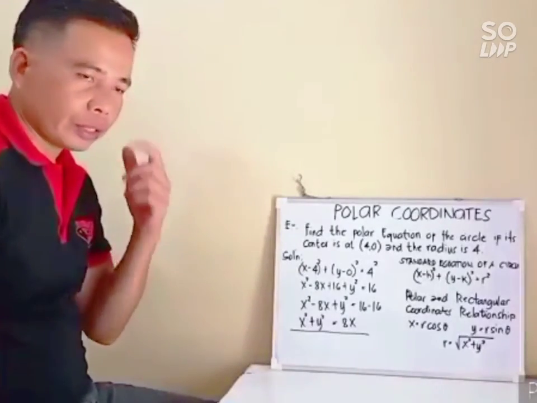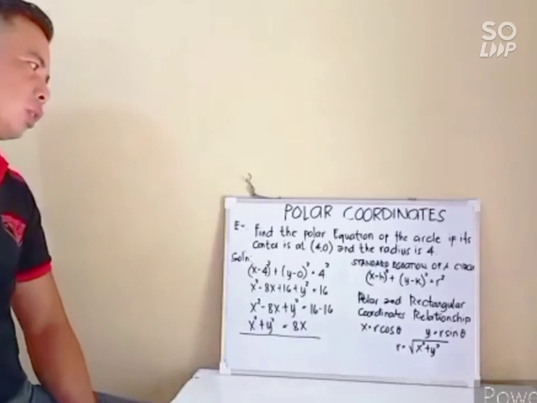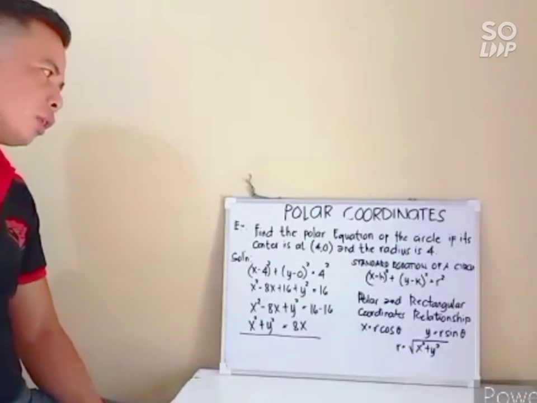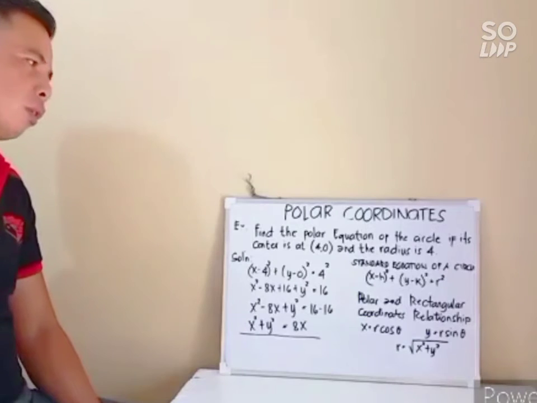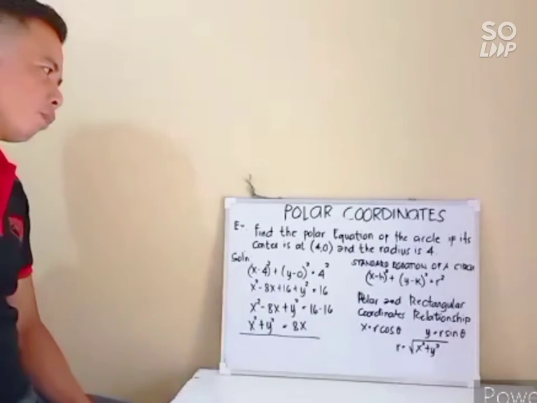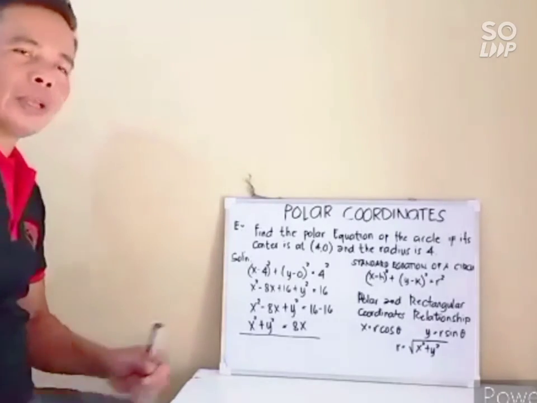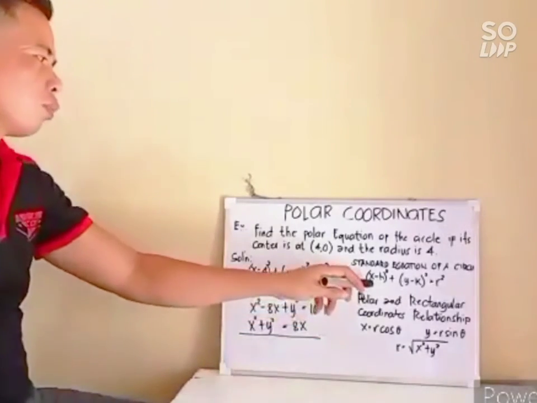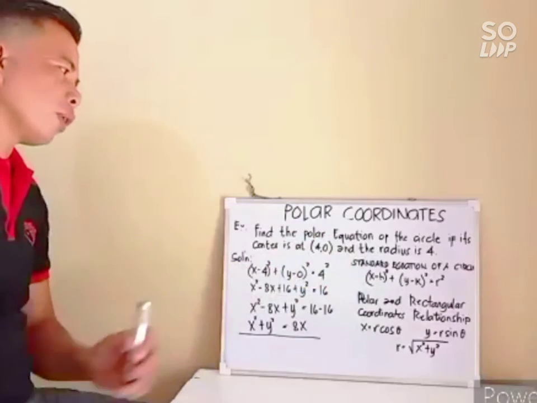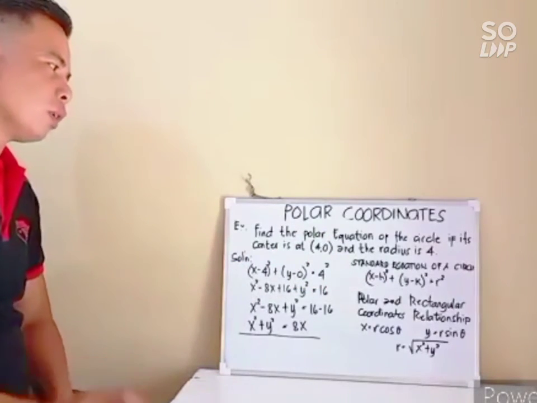Our first example is: find the polar equation of the circle if its center is at (4, 0) and the radius is 4. Using the standard equation of a circle, x minus h squared plus y minus k squared equals r squared,